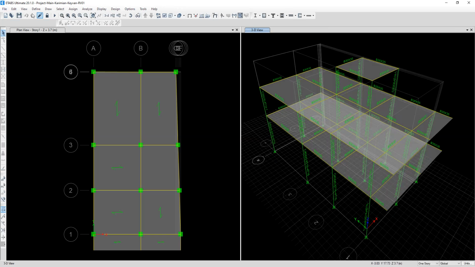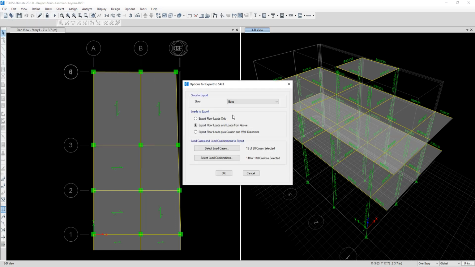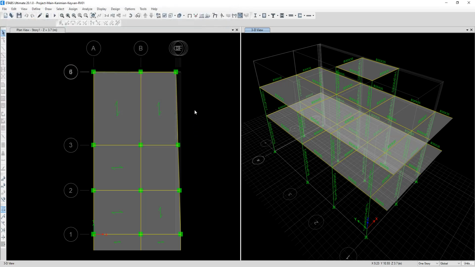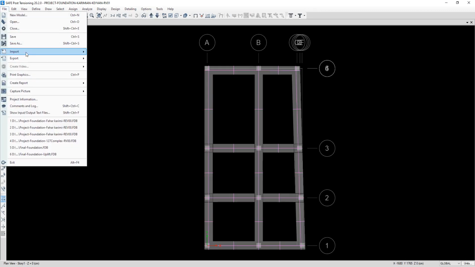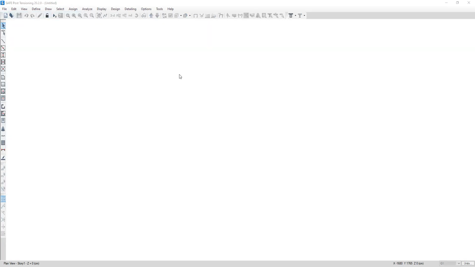First, I export to SAFE all of the load cases and combinations. Mass is not important. To, for example, this name, okay, and then I import to SAFE. This one,